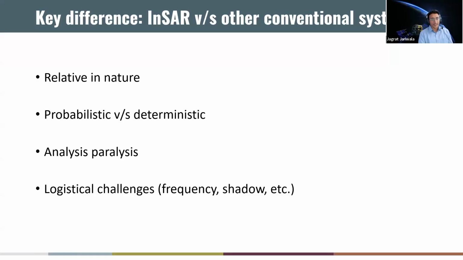Now, key differences when you compare InSAR with other conventional systems. First, we spoke about InSAR and its relative nature. It's relative temporally as well as spatially. The second item is InSAR is probabilistic in nature, while, for example, your survey control points are going to be deterministic in nature. What I mean by that is when I'm looking at InSAR estimates, if a lot of points are showing movement,